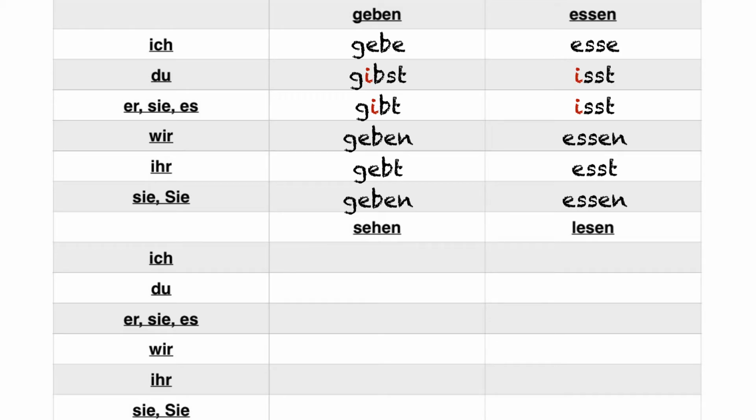So you'll notice a couple of things. The du form does not add an extra S because we already had two S's, and so that makes the du and the er sie es form actually the exact same thing, and they both take that stem change of an I. For those of you who are a little bit worried about whether or not you're speaking out loud and people are confused about essen versus sein, because it would be er ist, so he is eating or he is, the same sentence. There isn't really a difference as far as pronunciation, so context is basically the only way that you can tell.